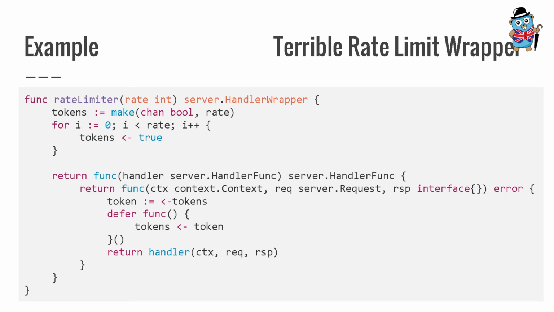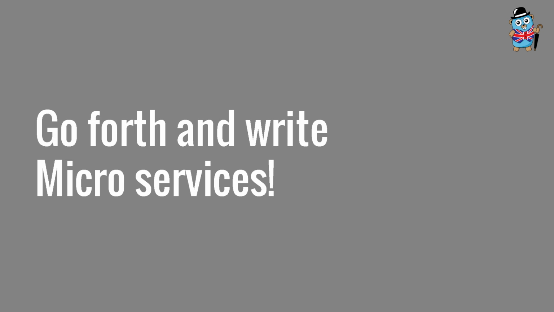And an example of a really, really horrible rate limiter, which I don't advise you to use, and actually I haven't even used. I just kind of wrote this code, and I'm not even sure if it compiles. But the idea is, here's a function that returns a handler wrapper. It does some setup, so it creates some tokens, and then it essentially returns the signature of the handler wrapper, which will try to retrieve a token, execute the handler, and then defer putting back the token. So that's sort of a simple example of how that works.